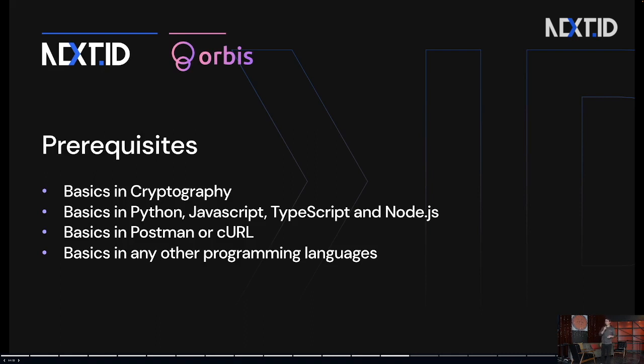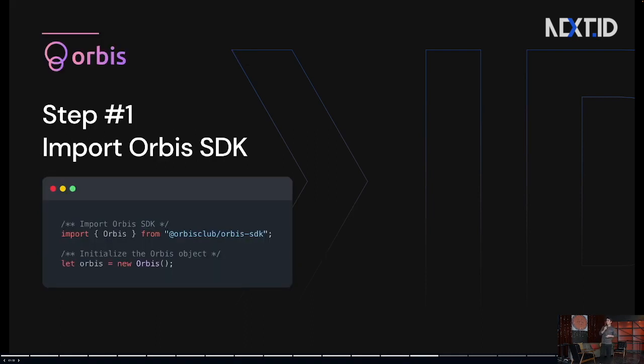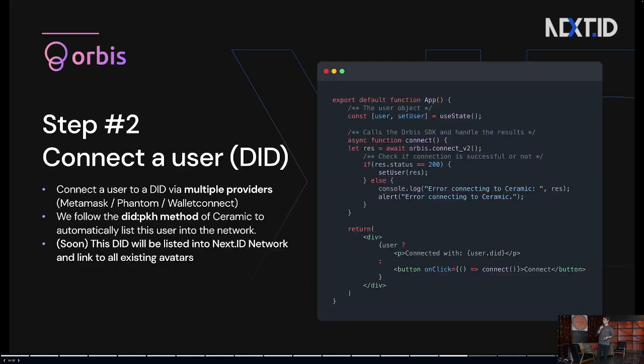The prerequisites, you know about what we need to build that, but in an easy way. Our SDK is fully in JavaScript. And what we do here in the first step is basically importing the SDK. It's pretty easy. Now we connect the deed. So to connect the user to a deed, we basically use the function connect,